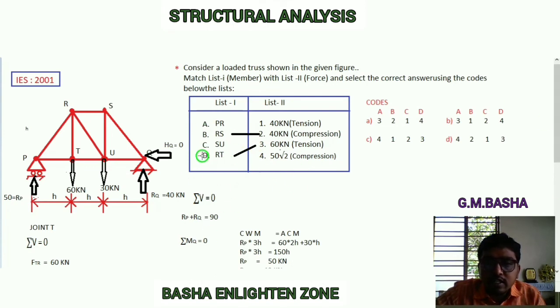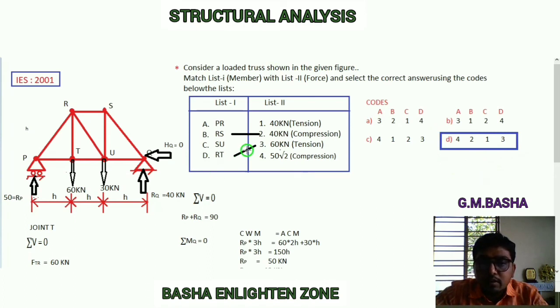Check in the following list. B will be 2, D will be 3. See here, option B will be 2 in the D option. Again D will be 3 in the D option. Therefore your answer D will be correct. Here it will be matching. So after obtaining the answer, there is no need to check the other two members. If you want to resolve forces for these members also, you can go in the same procedure. Otherwise you take down the answer directly based on the following list. See here, your answer will be option D.